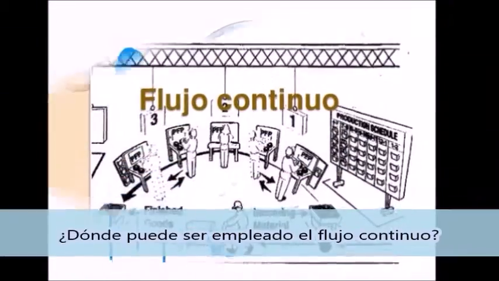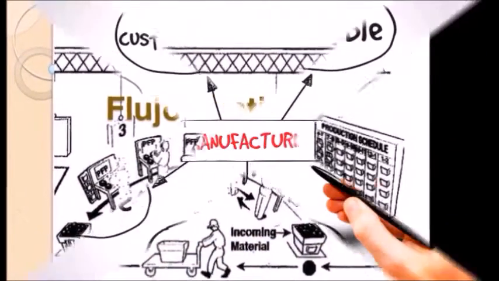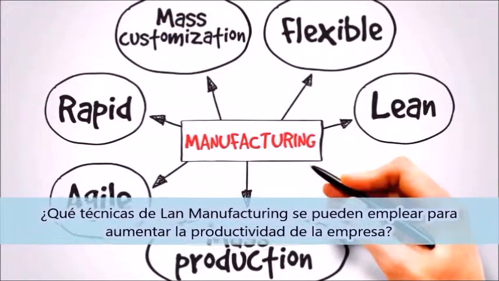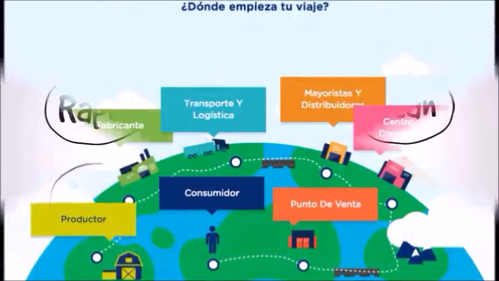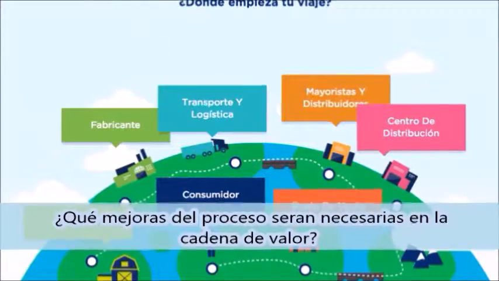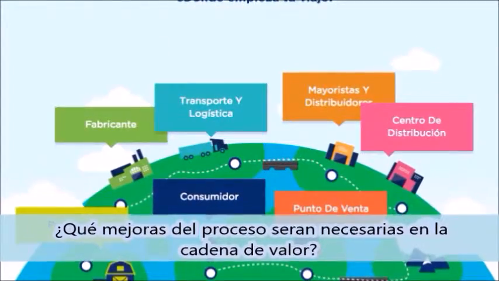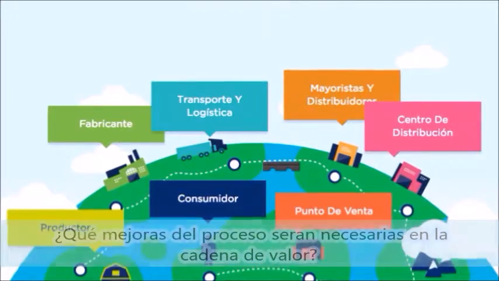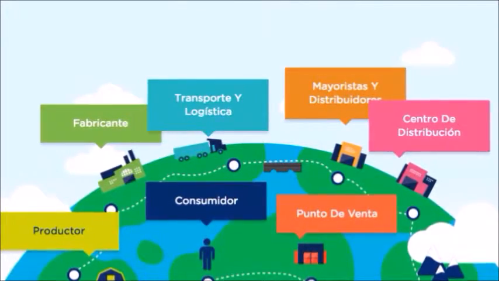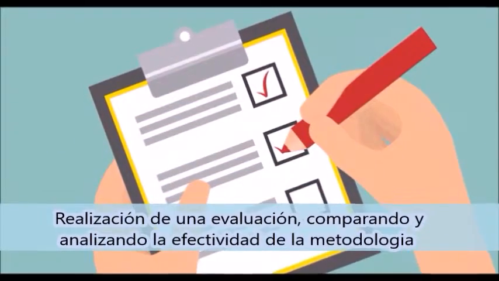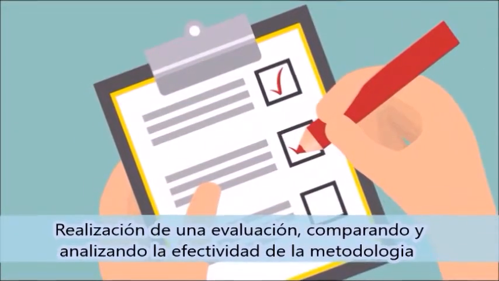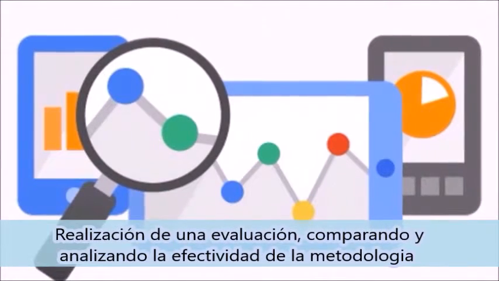Where can continuous flow be employed? What lean manufacturing techniques can I use to increase the productivity of the company? What process improvements will be needed in the value chains to flow as specified by the design of the future state? Third phase, conduct an evaluation of the implementation of lean manufacturing, comparing the data obtained with the initial data